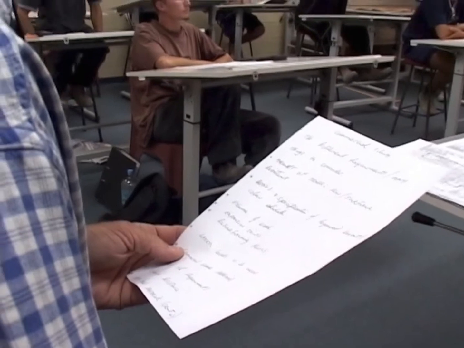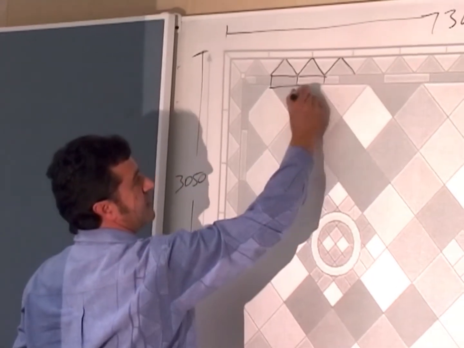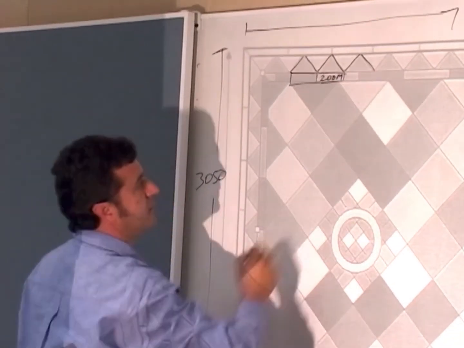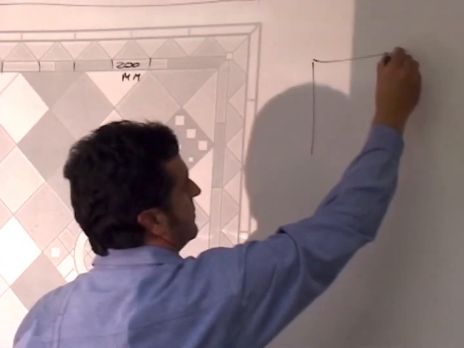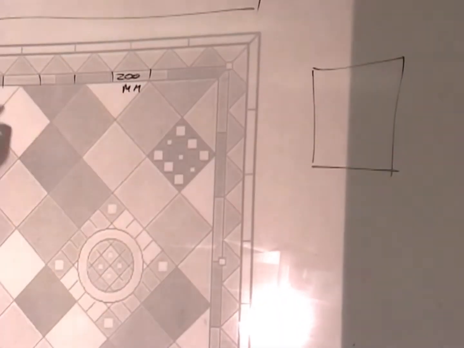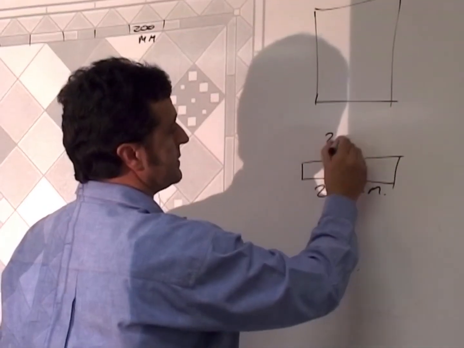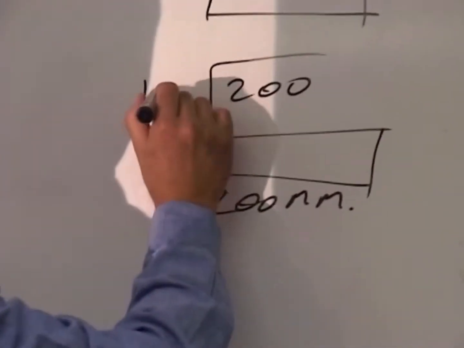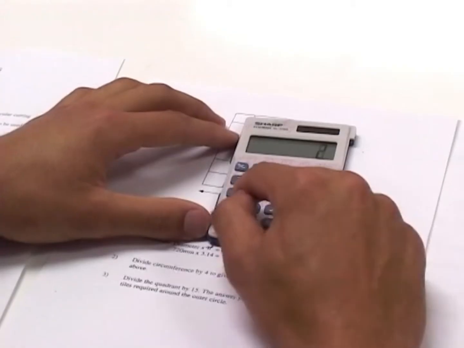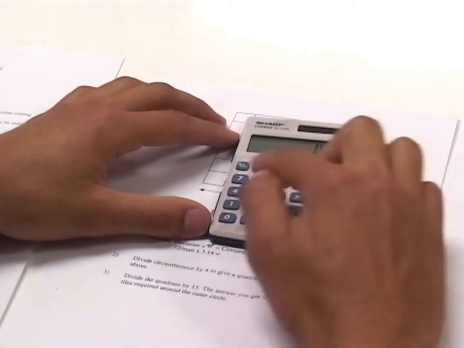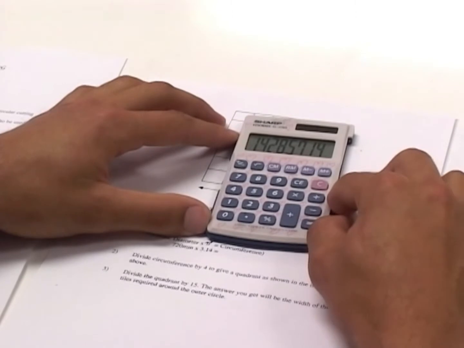And then we need to cut those triangles to link up with a 200mm span once again. So we're going to have a 200 by 200 tile, for instance, and we want to cut these triangles out. So if we use 200mm divided by 1.4, fellas, who's got a calculator? I've got a calculator. Thanks, Brent. Could you work out 200 divided by 1.4? 142.8.